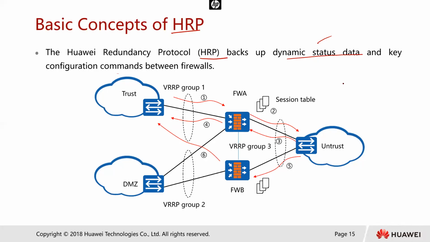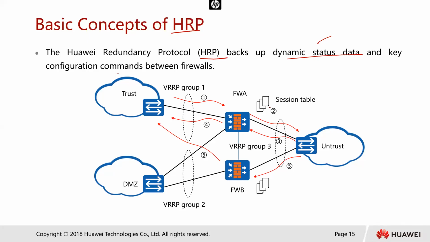So Huawei came up with the HRP, the Huawei Redundancy Protocol, and this module provides a basic data backup mechanism and transmission function. Each application module collects the data that needs to be backed up by the module and submits the data to the HRP module. And the HRP module then sends the data to the corresponding module of the peer firewall. And the module passes the data submitted by the HRP module and then adds it to the dynamic routing data pool of the firewall. So we have different modes which we can use to make sure that we go ahead and